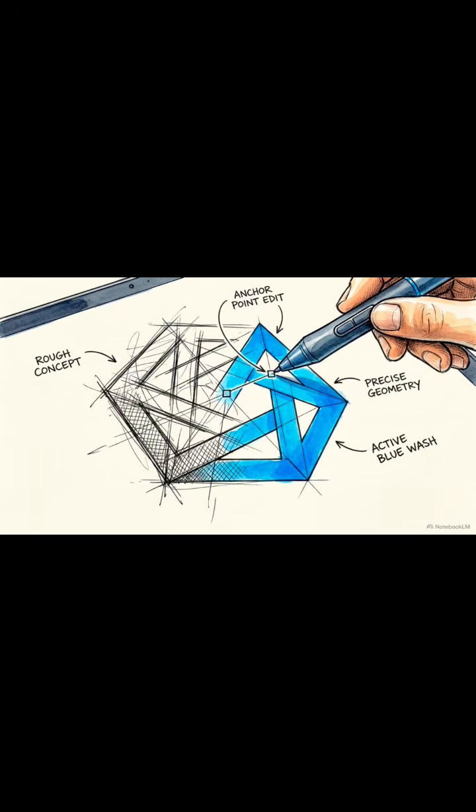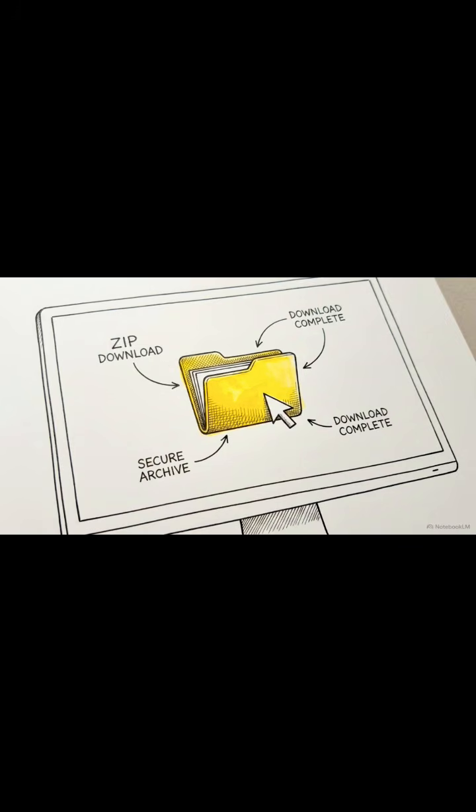Without these manual adjustments, the raw algorithmic output remains incomplete. It takes human art direction to pull the design into focus. The software executes the heavy lifting of composition in a fraction of the time, allowing you to step directly into the role of art director. We hit Download, extract the zip